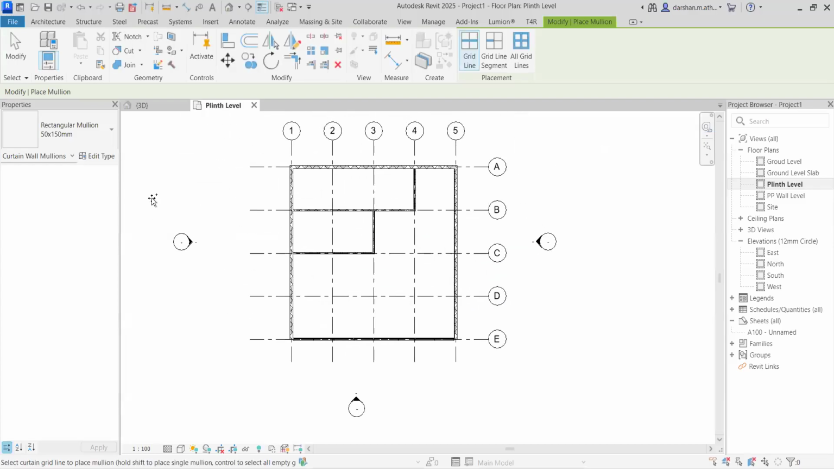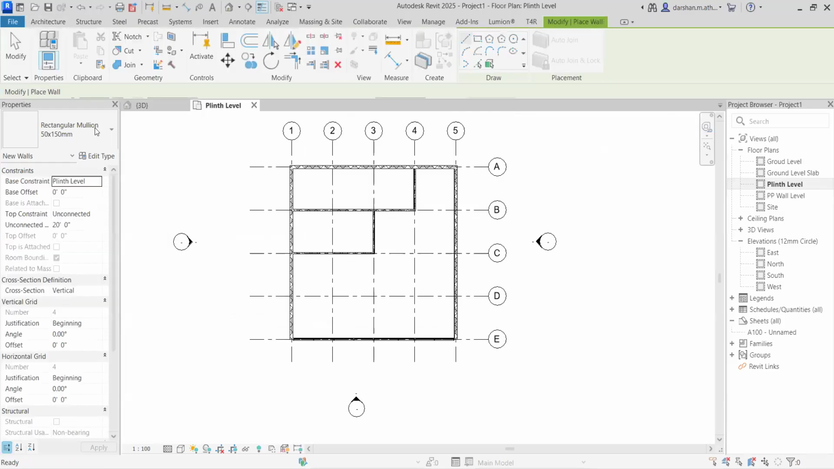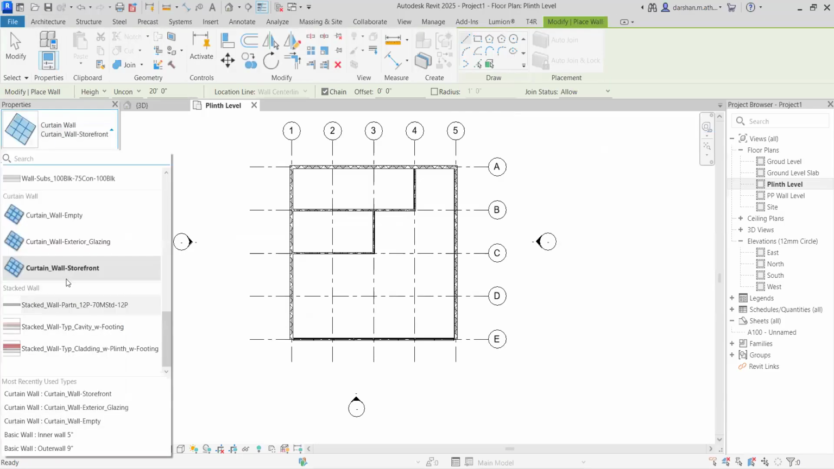Next one is our next type of wall, that is our stacked wall. Okay, I will select this particular wall tool. So in this, our last,